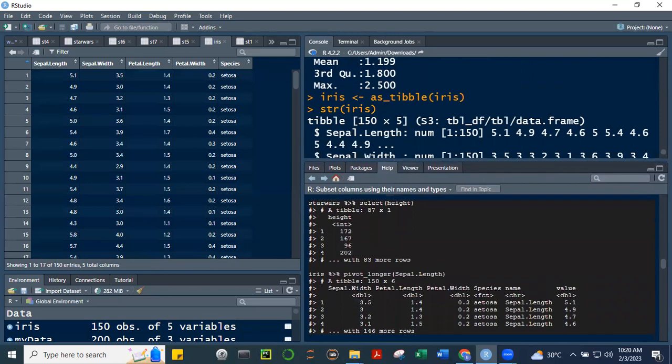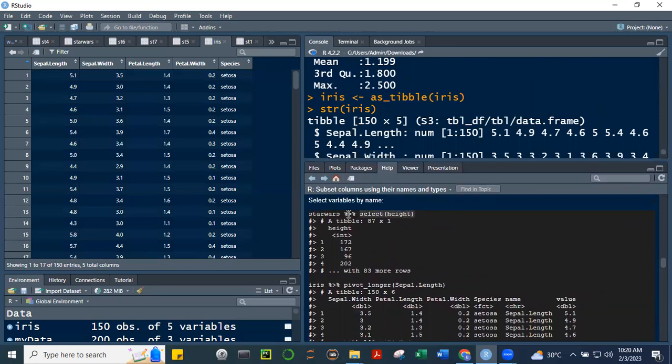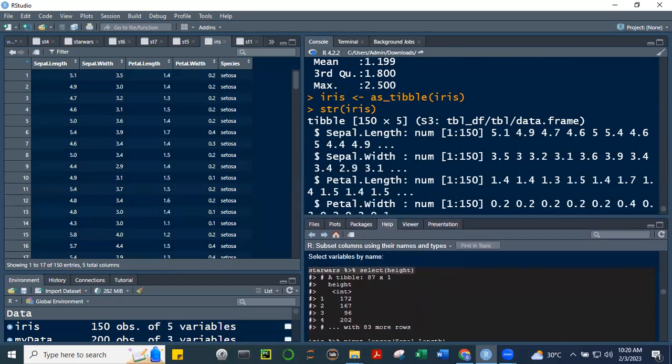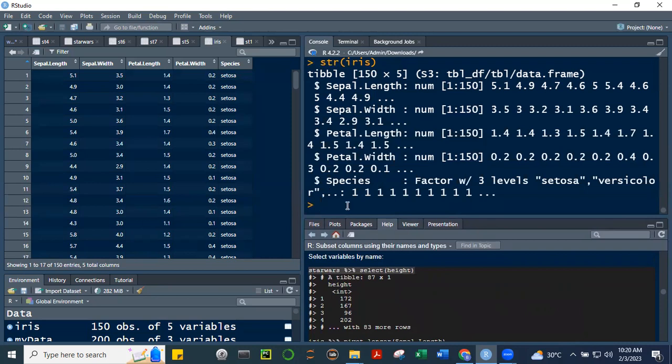All right, so tingnan natin to. All right, first, let's run this. Control-C, Control-V. Okay, Star Wars, and then select lang yung height. No? So if we're filtering, we're subsetting, and we want a particular, gawin natin tong